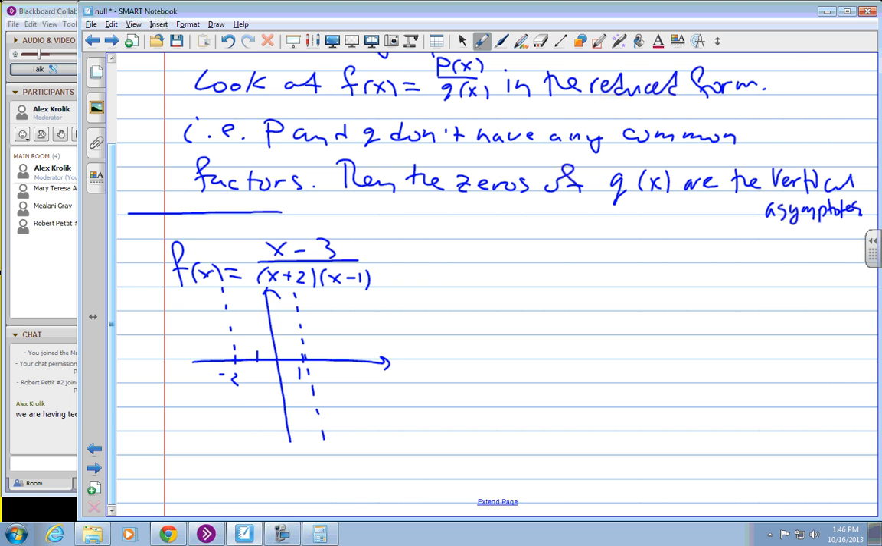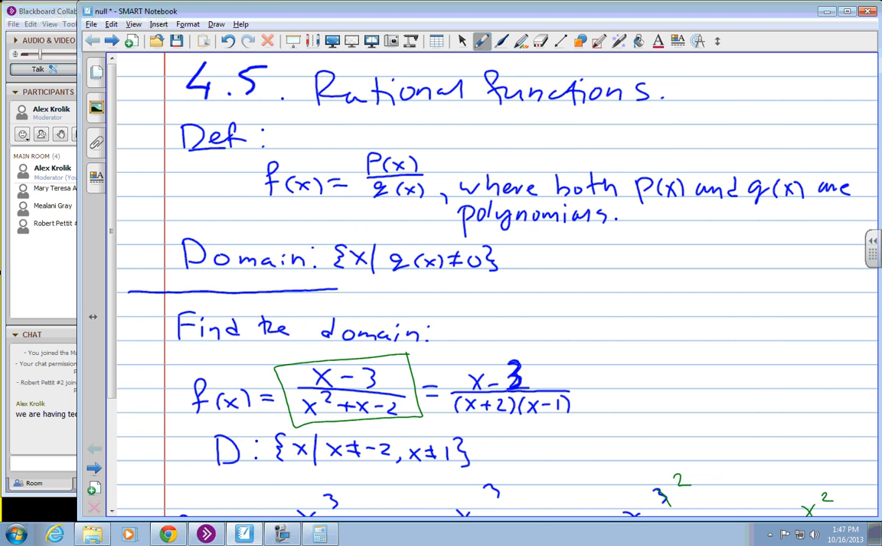So it will have those kind of invisible lines that your graph will try to avoid the best that it can. Okay? So that's how you find vertical asymptotes. It's actually really simple. It's almost the same as finding the domain after you reduce the function. So if I go back to my early examples,